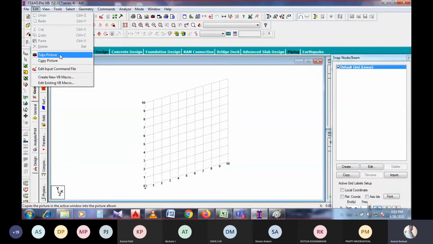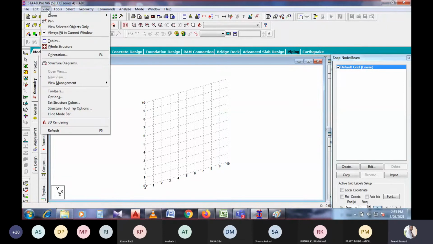And Take Picture is used whenever a particular analysis is carried out; the results of SFD and BMD will be visible here. For those values, if you want to put them in a report, the image should be taken, and you can click those images from here, Take Picture.